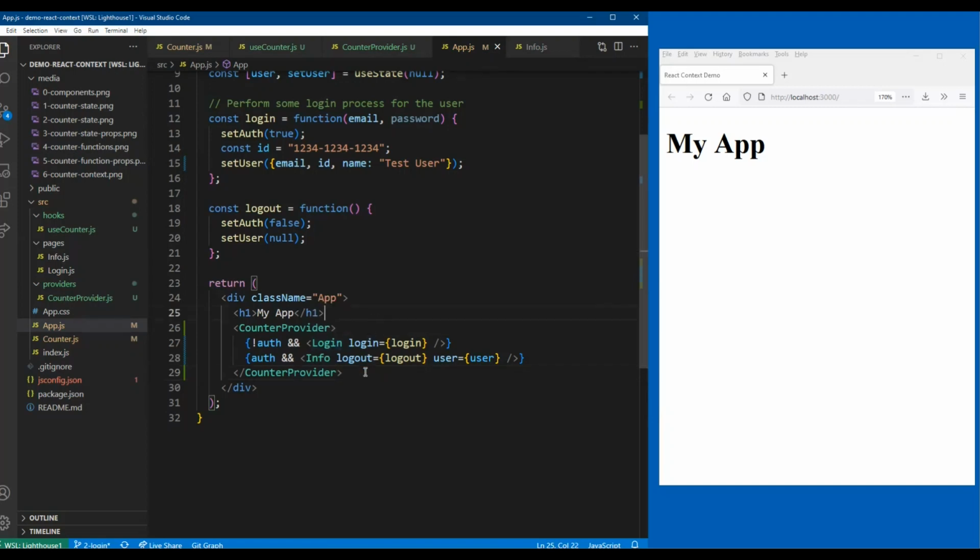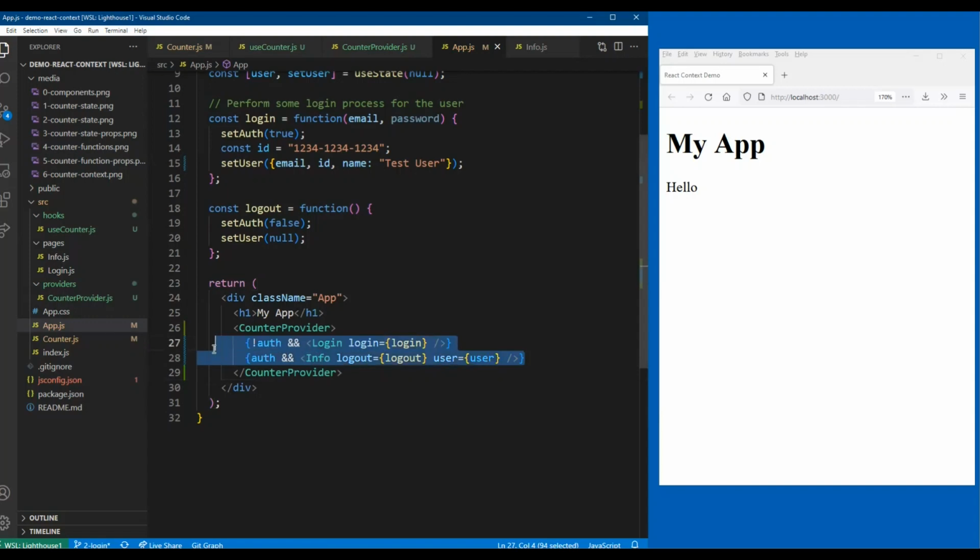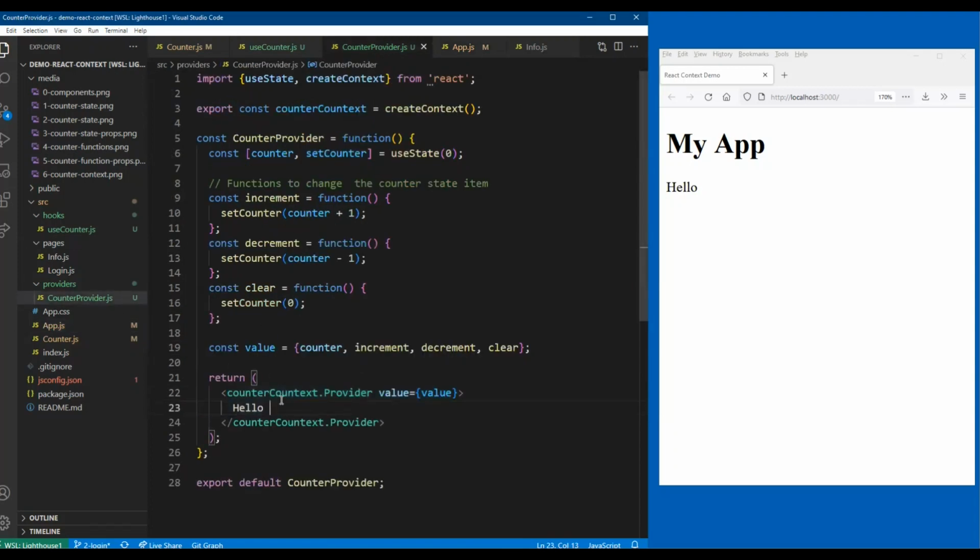Is it because in the provider we didn't put like a children or something? Oh, man, you're way ahead of me. Man, you're making this tough. Boy, okay. That's exactly right. If you look at my provider, it doesn't have any content. If I said hello in here, it would render hello. Because that's the component, right? The stuff inside here is irrelevant. It might as well not even be there, right? Because I'm simply calling this CounterProvider component, which could have whatever it wants in it, you know, hello world,